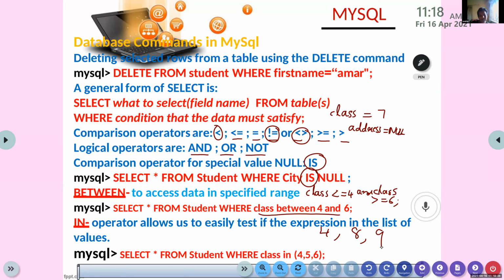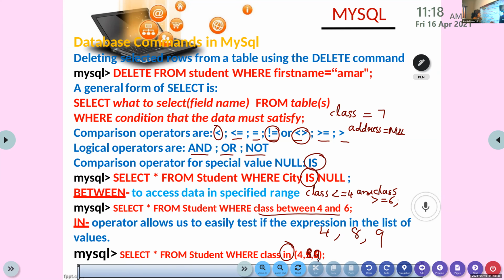Okay, so you have a different operator, that is IN. You can write where class in (4, 8, 9).